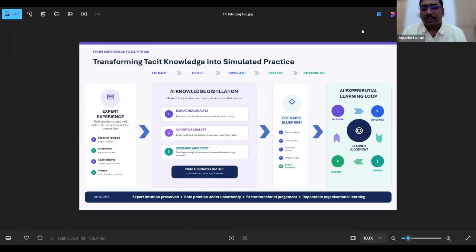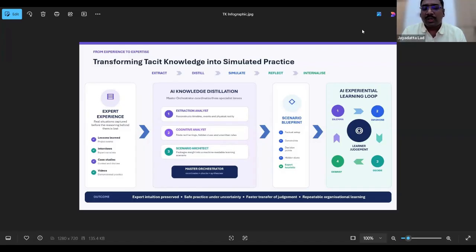When I was reflecting on that problem, in terms of content we of course had a lot of content, but the question was how do I get them to internalize it? People were reading the case studies, the lessons learned, going to the e-learning modules, but whether they were actually internalizing the key takeaways was a question mark, because we could still see some places where defects and issues were occurring. So when I look at that entire loop, I said if I have to get them to internalize, I need them to reflect upon the situation.